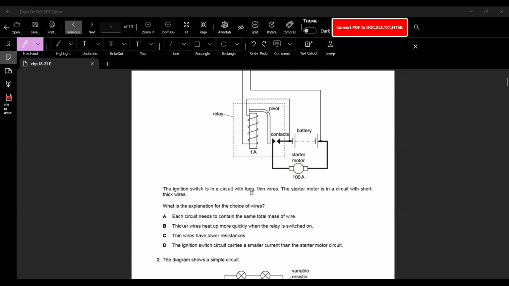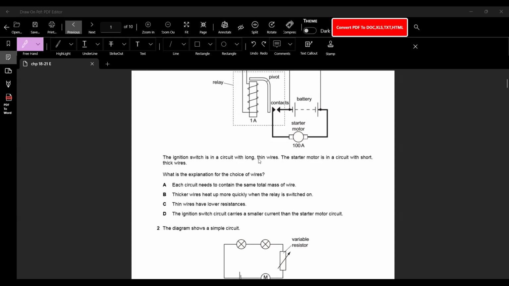We know that if something is with long and thin wire, it does not need a very large value of current. Whereas if a thicker wire is attached to some point, this means that there would be more resistance. So in order to overcome that, thicker wire is used in that place. So we need to look in the options where they have mentioned that point. I repeat, they have written long and thin wire, which means there is not going to be a large value of current in that part of the circuit, which means even a long and thin wire would suffice